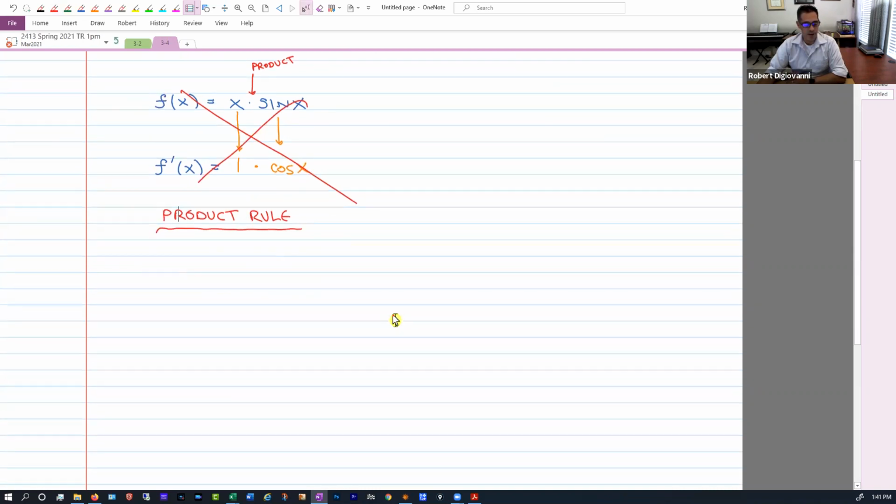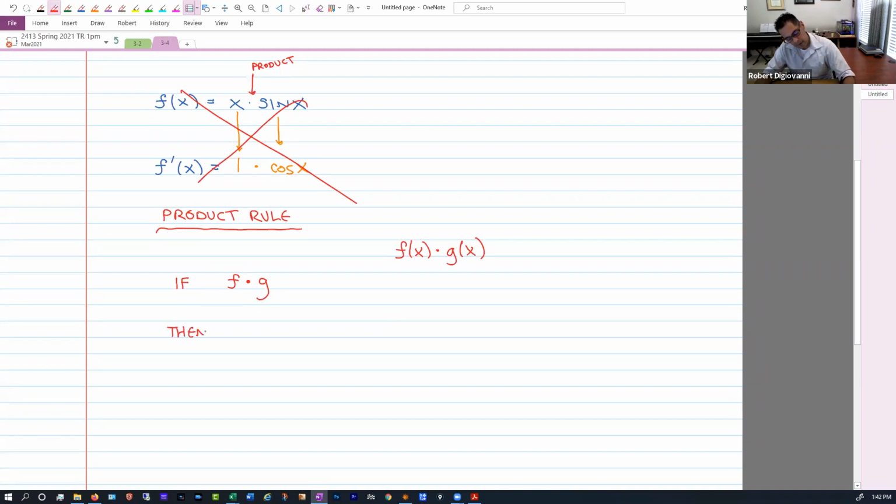Here's what the product rule says. If you're given a function times some other function, notice I'm just calling it f and g. I could have written it this way, but instead of writing f of x and g of x, I'm just going to write f times g. If you have that,